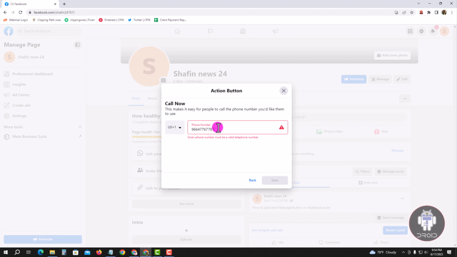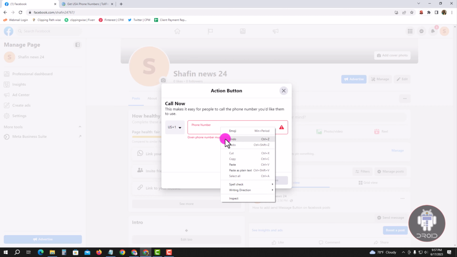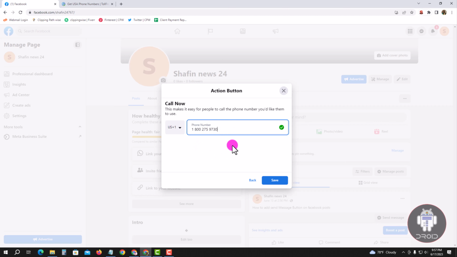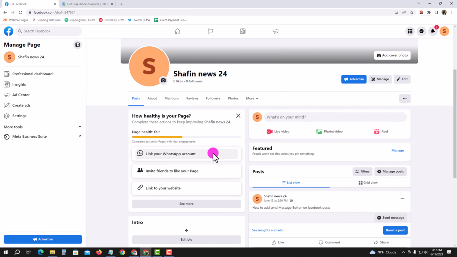For example, okay, now tap on save. Now you have successfully added the call now button on